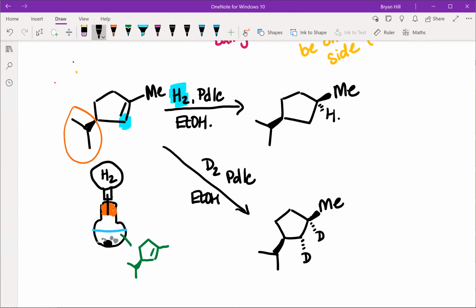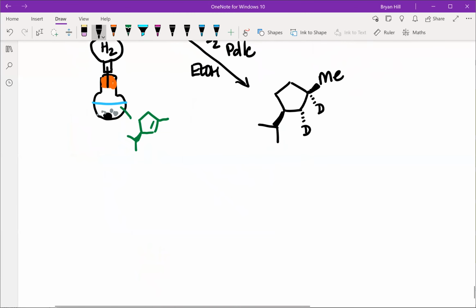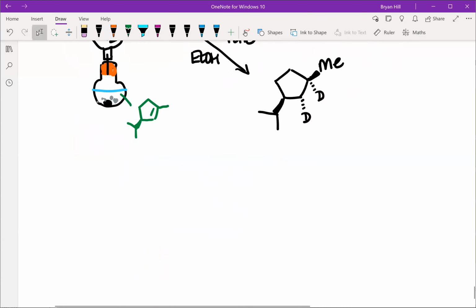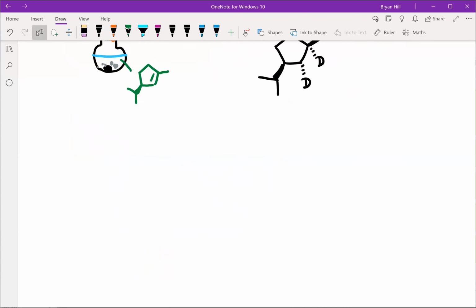So it depends on what the reagent is for what you need to worry about. So if it isn't deuterium, you just need to show that the methyl group would be on the same side as the isopropyl group. Okay, now, the fun thing about this is that